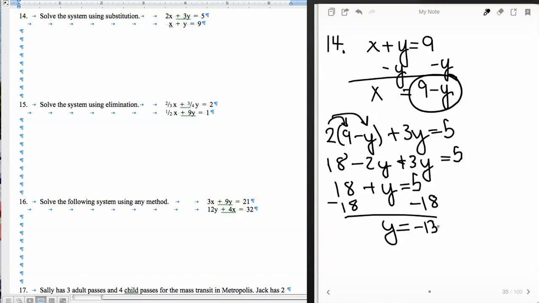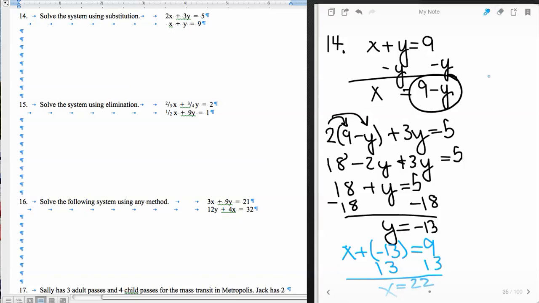Now once I have what y is equal to, then I'm going to go ahead and solve for the other variable and find out what it is equal to. Now I can either put it into this original equation or the other original equation. It is my recommendation you put it back into an original. So let's go ahead and put it in for x plus y. So x plus negative 13 for y is equal to 9, and that means I have to add 13 to both sides, and when I do that I get x is equal to 22,